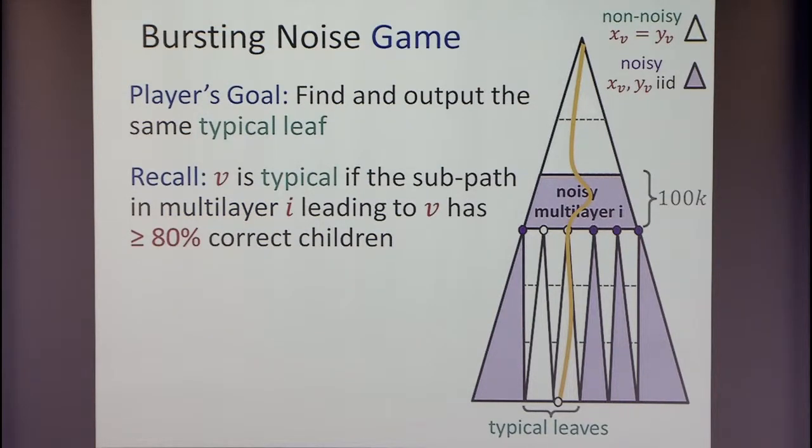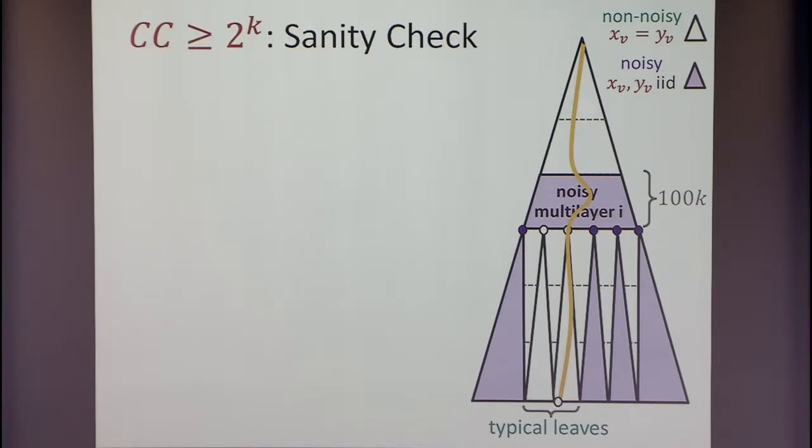So yesterday I told you that the goal of the players, this was the search problem, right? The goal was to find and output the same typical leaf. So give me anything in here, any typical leaf is okay, as long as you give me the same typical leaf. So again, we're just asking you to find some leaf such that this part of the path leading to it contains 80% correct children. And this was a search problem because there are many possible outputs for every pair of inputs. So I want to convert it to a function, but before, let me just